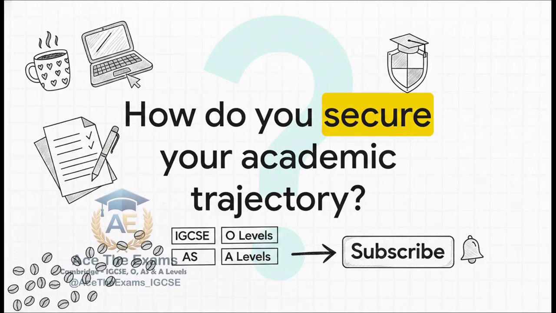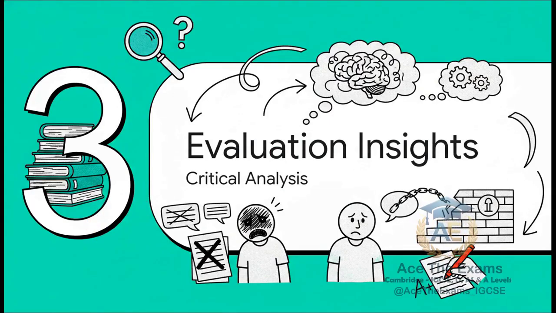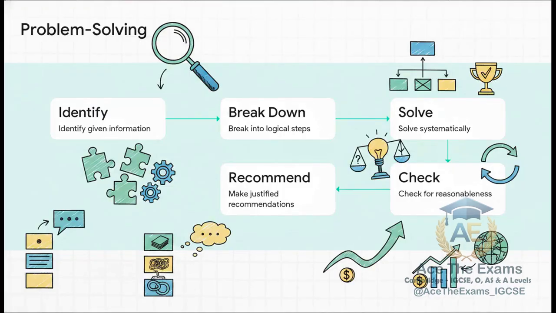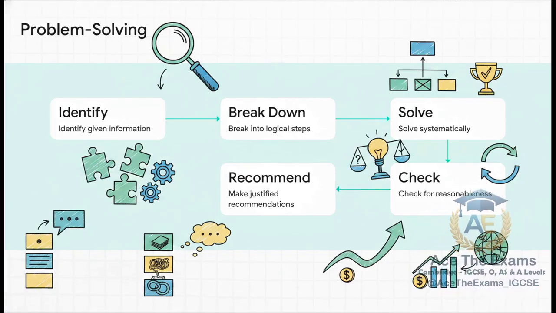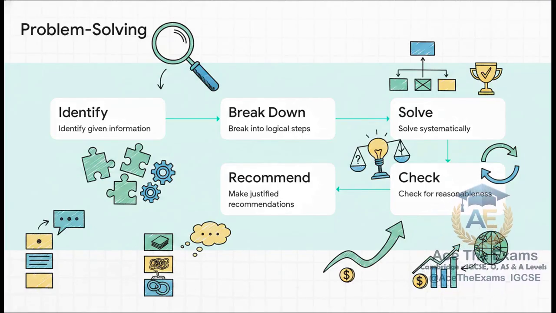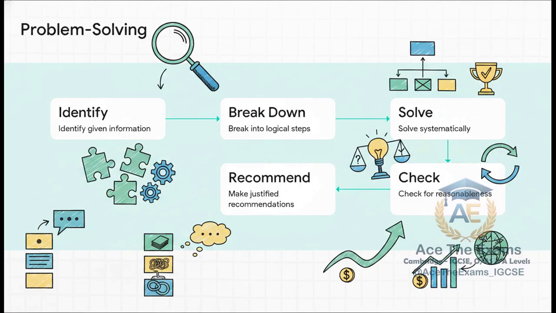Okay, let's get back to the scripts. Section 3. Evaluation and Examiner Insights. Let's audit how you handle critical analysis. Let's go back to our candidates, Sam and Alex. They are mid-essay, and they hit a logical roadblock. Their evidence suddenly stops supporting their conclusion. The argument string is broken. This happens all the time.